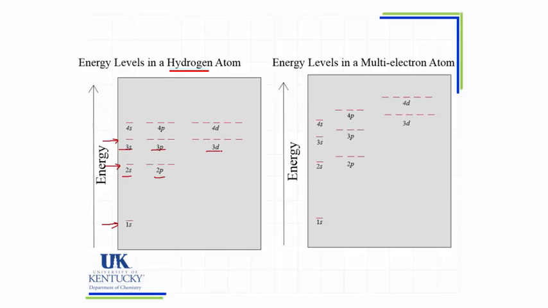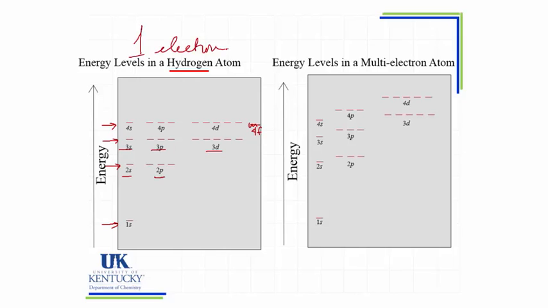Then we move a little further up in energy, and we have our s, our p, our d, and there are f's. Now, how many f's would there be? There'd be 7 of them. So I could draw 7 lines out here beyond this, but I ran out of space and I didn't draw the lines, okay? So there does exist the 4 f orbitals as well, and there'd be 7 lines associated with them. But in the hydrogen atom, where we only have 1 electron,